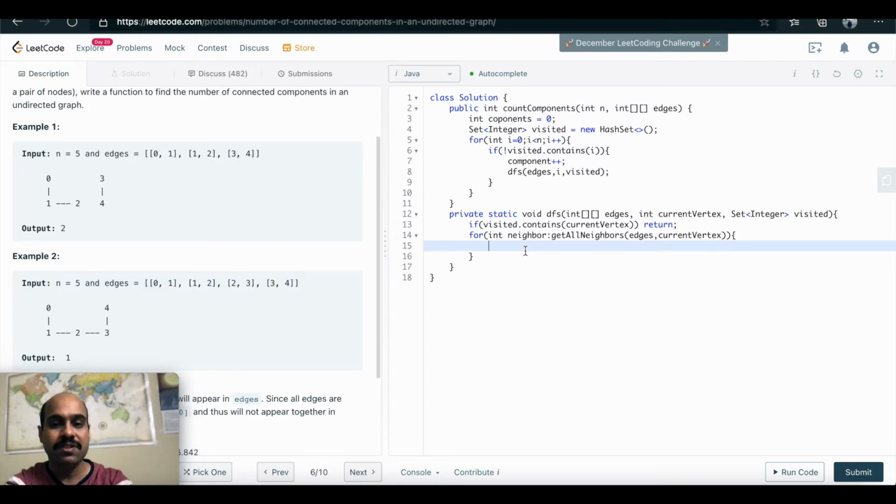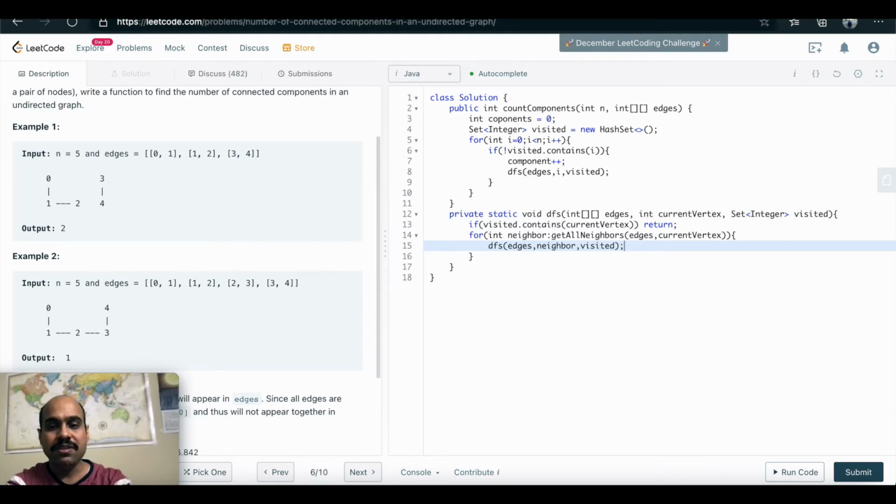For now I will just call DFS again. We need edges, so it won't change, so we'll pass edges. Current vertex will now become neighbor, and we also need to pass visited so that we are not visiting the same vertex again and again, in order to avoid loops.